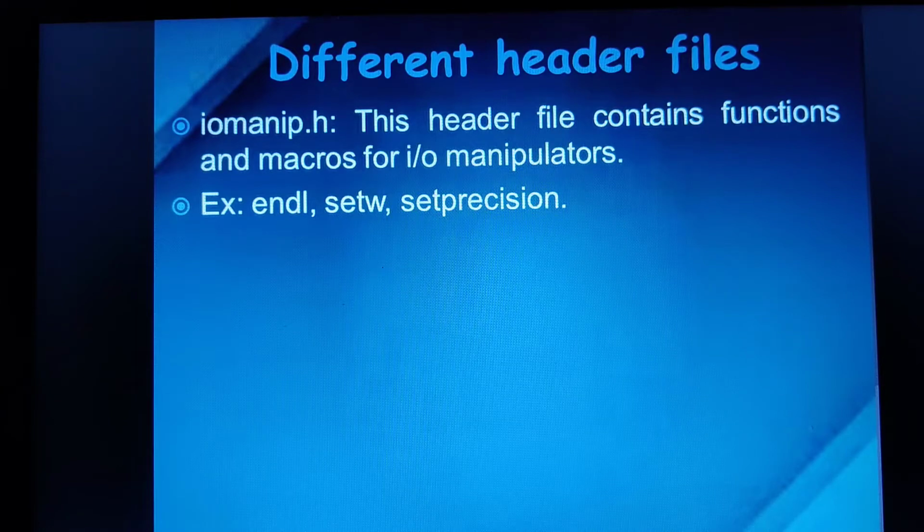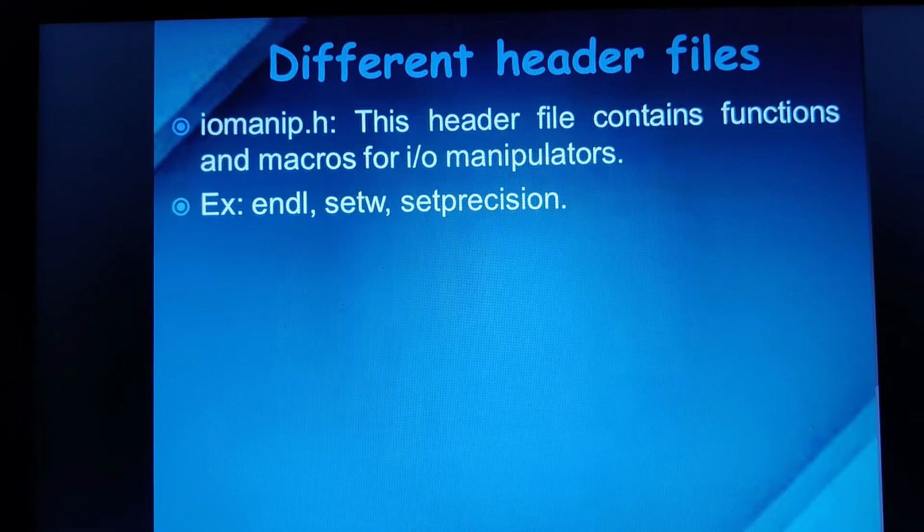The first one is endl. Suppose I want two different output statements to be printed on different lines, then you can go for endl. If you don't use endl, the two different output statements will appear on the same line.